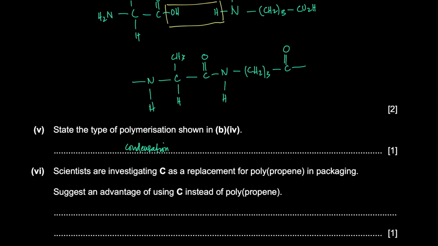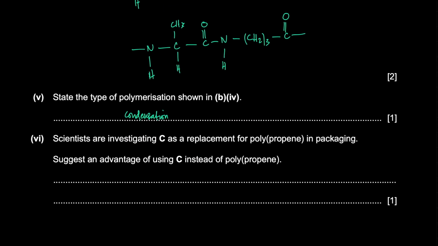Scientists are investigating C, that's this polymer, as a replacement for polypropylene in packaging. Suggest an advantage of using C instead of polypropylene. Polypropylene is an addition polymer. This is a condensation polymer. What's an advantage of using a condensation polymer instead of an addition polymer? Condensation polymers are biodegradable, and they can easily be hydrolyzed. So it is biodegradable, so it won't stay in the environment for thousands or millions of years,